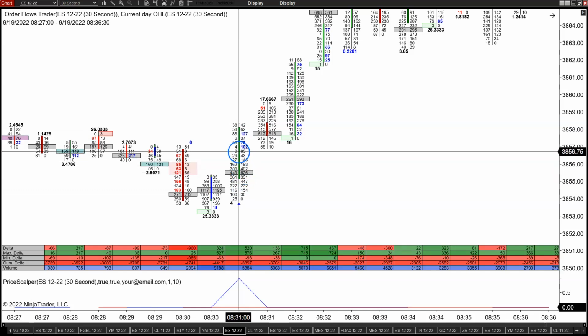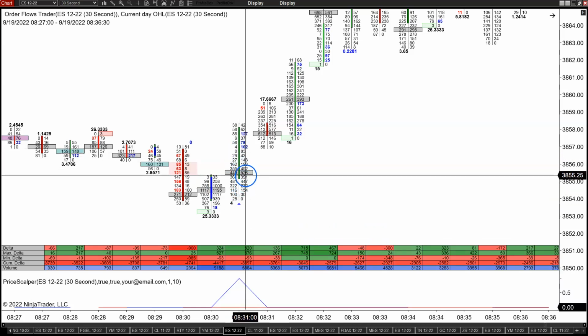You can see over here it was just 83 contracts traded. Over here it was 166. So out of the entire bar, this was the price level with the most volume. And it's important to understand where the volume is trading in a bar. Now, generally, most of the time,